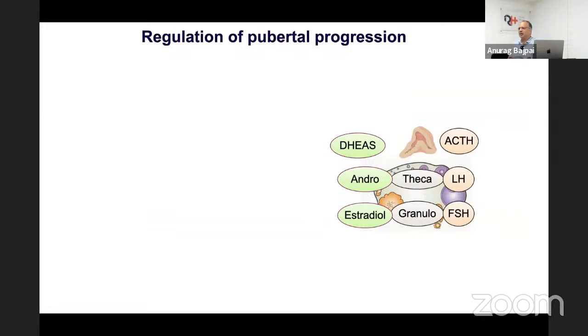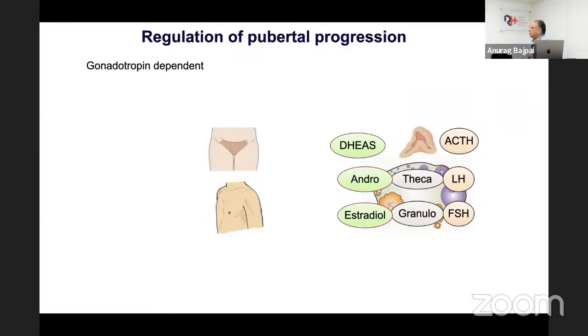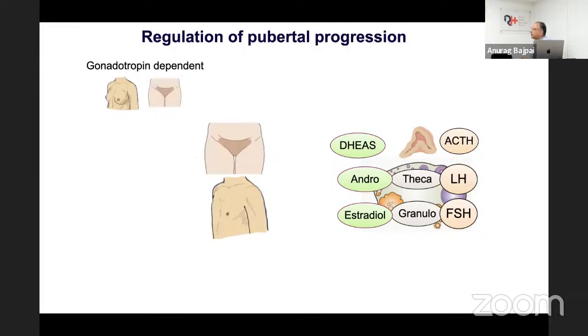Now, as I've discussed, there is a distinct regulation of different aspects of pubertal development. Adrenals regulate your androgen production, while the ovaries regulate the estrogen production. So breast and pubic hair are two different sets of organs regulated by two different groups. Under a normal scenario, you expect breast development to be commensurate with pubic hair development, but you may have discrepancies. In gonadotropin dependent precocious puberty, you would expect growth of both,